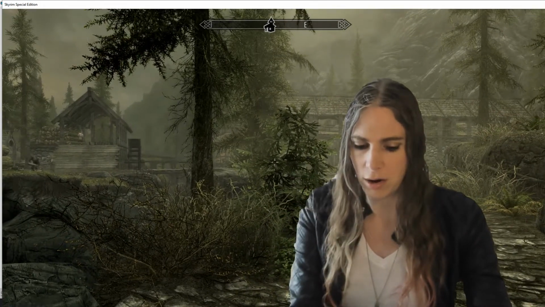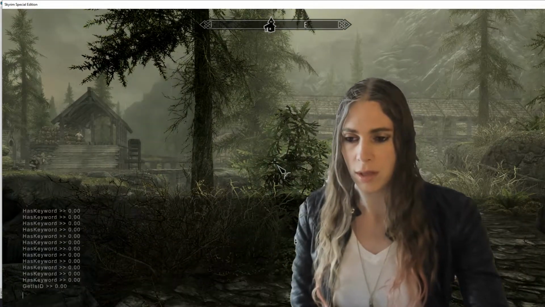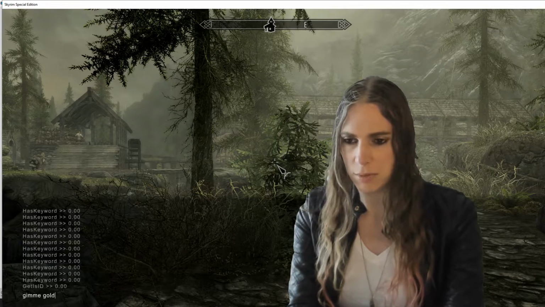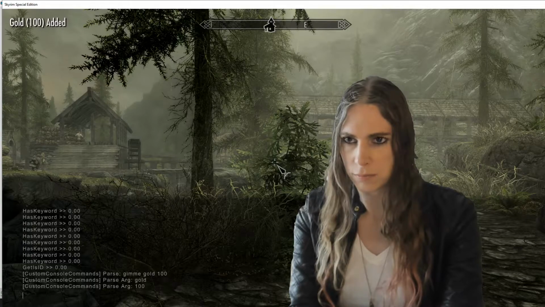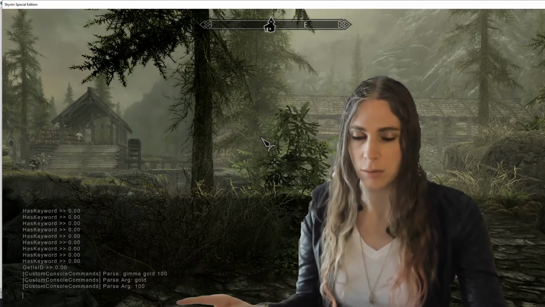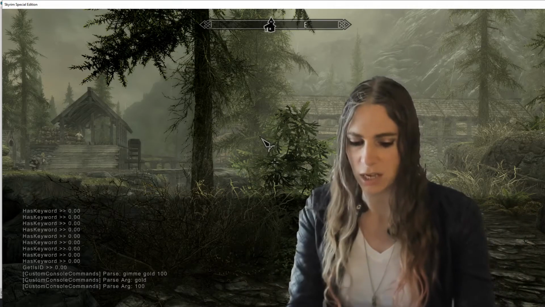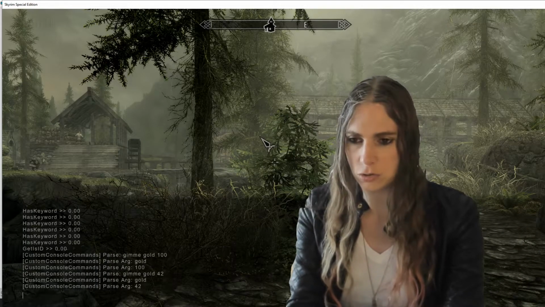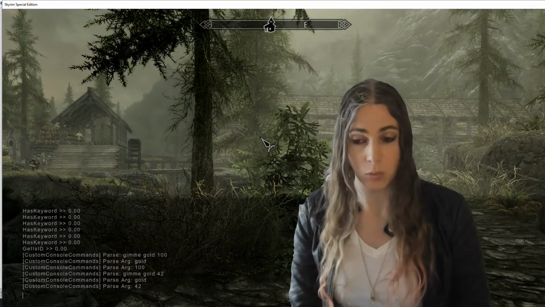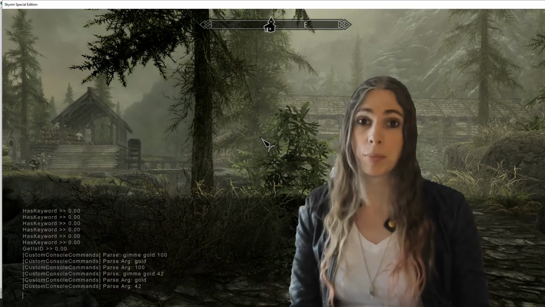So here we are. Here's our console, and we got a gimme command. Does it do anything? Gimme gold 100. We got 100 gold, and we've got a little bit of tracing printing out here, the little parsing. We're printing out some stuff. So gimme gold 42. What's more interesting than the actual gimme gold working was working on getting our parser working